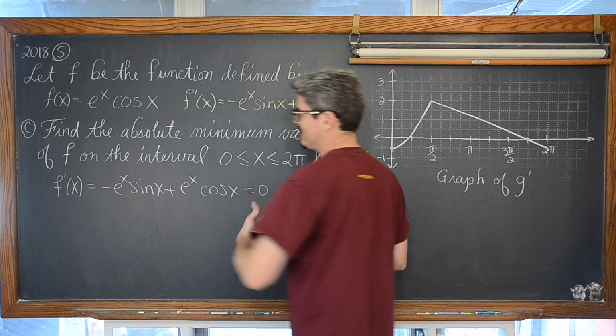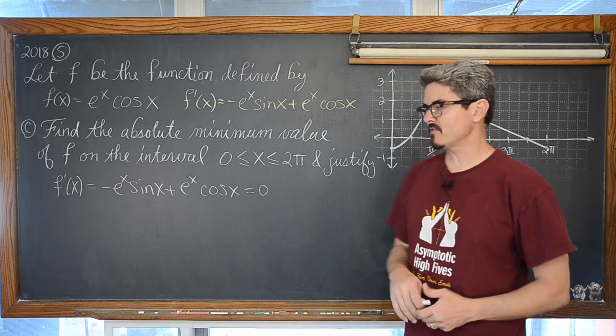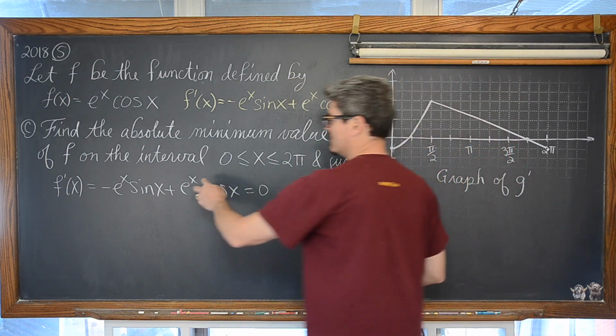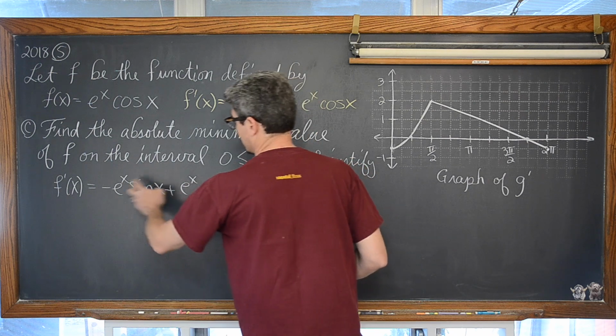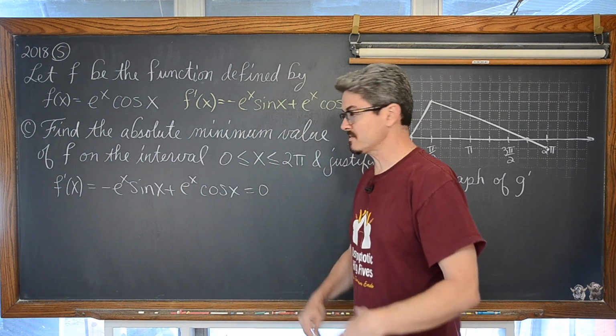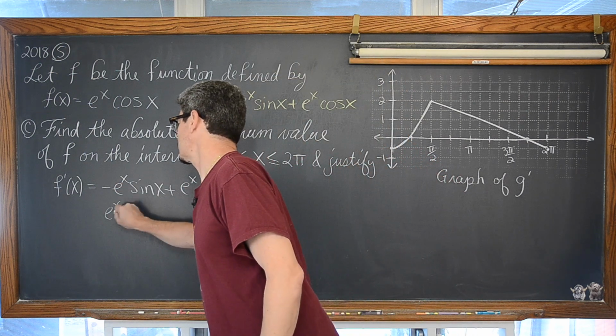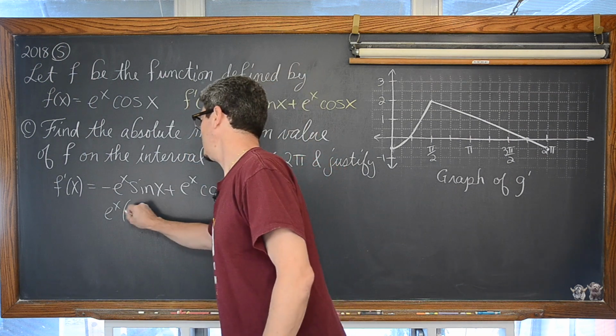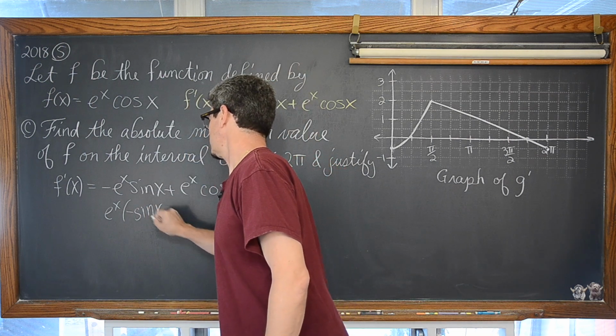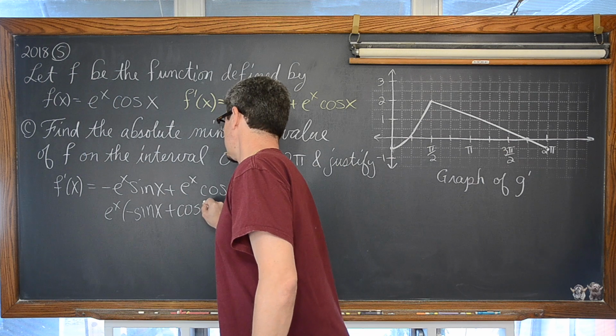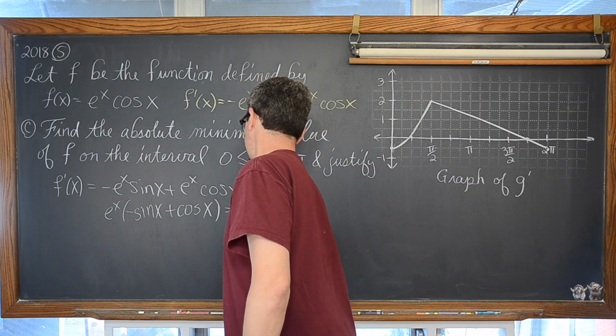But when you have these more complex equations, you generally solve them by factoring. So let's factor out an e to the x. That's a common factor in each of these two terms and see what happens. So we take out our e to the x and end up with negative sine of x times the cosine of x equals 0.